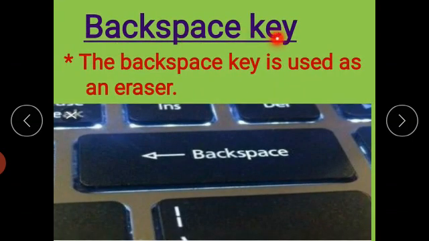That is the backspace key. The backspace key is used as an eraser. Yes, children. One more key is also there on the keyboard that is used as an eraser. So this is the backspace key. See, the spelling is already written over there, backspace. So pressing this key erases any typed text on the left side of the cursor. For example, you write the spelling of computer now.